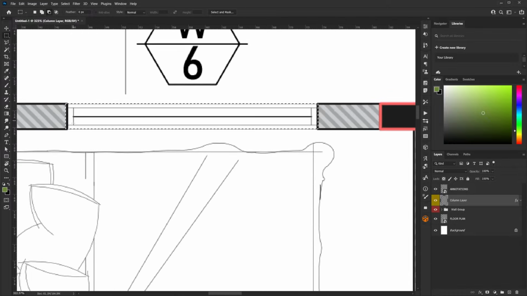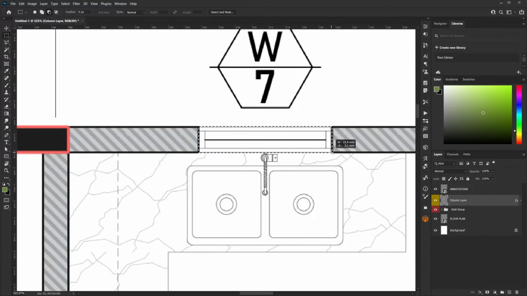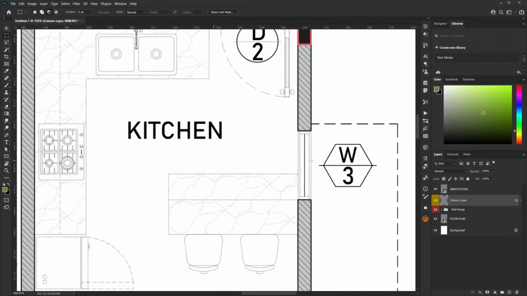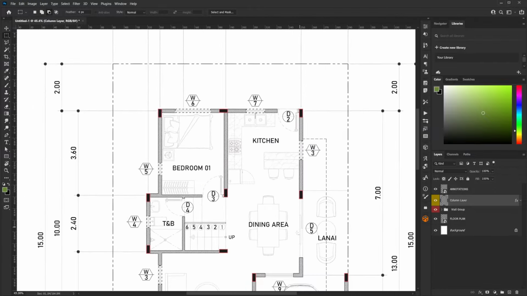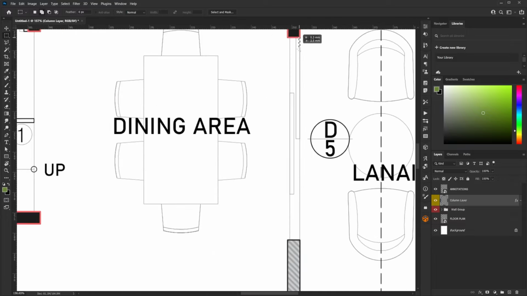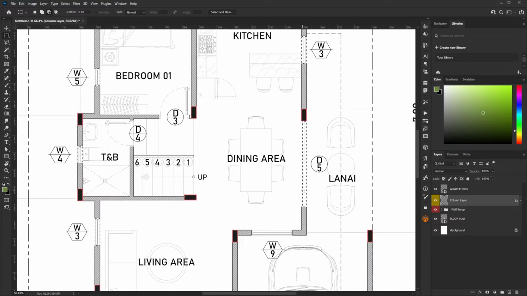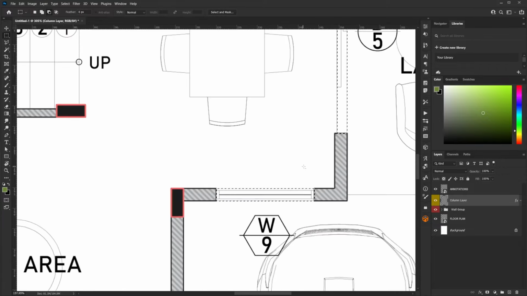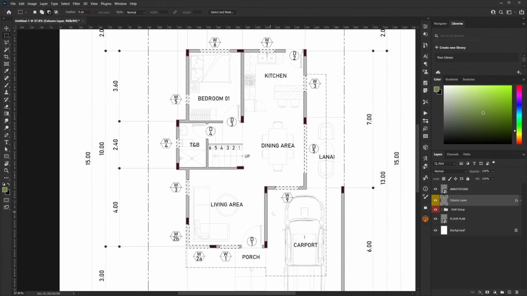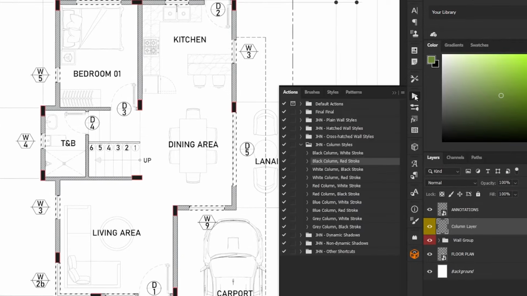Holding Shift while selecting the windows also works here to add a selection to the current selection. There are actually different ways of selection in Photoshop, and either of these ways work the same. Just use the best process of your choice. After we selected all the windows, we can now go to Photoshop Actions again, but this time we'll go to